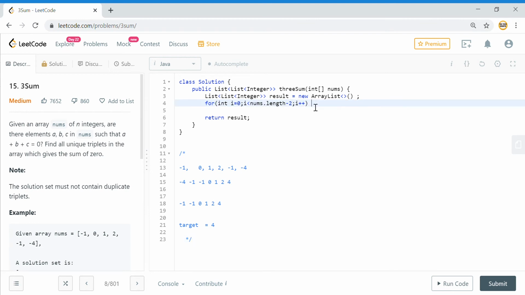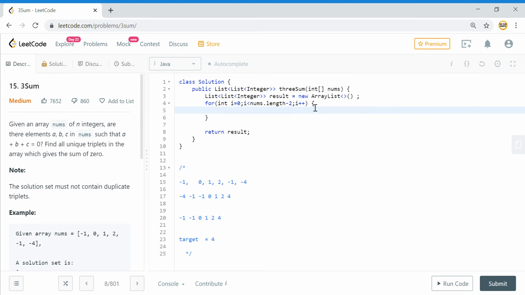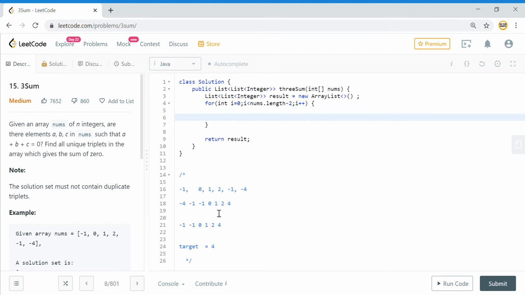This is how my loop will go. The outer loop needs to go through the array till I have two more elements left in that array. I need not go further, because in my inner loop I need to check the sum of the last two elements there. So that will be my approach in going through this.